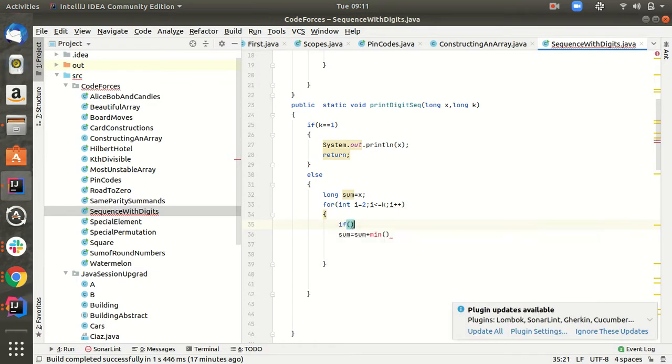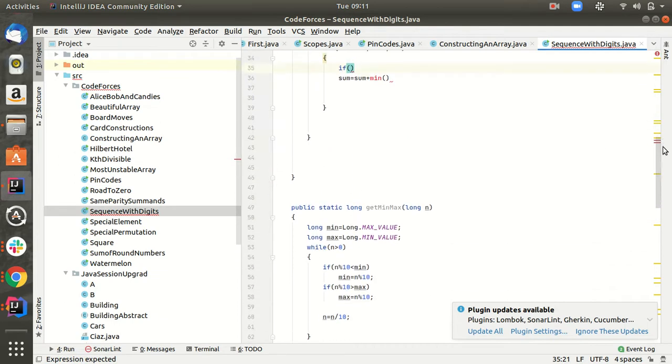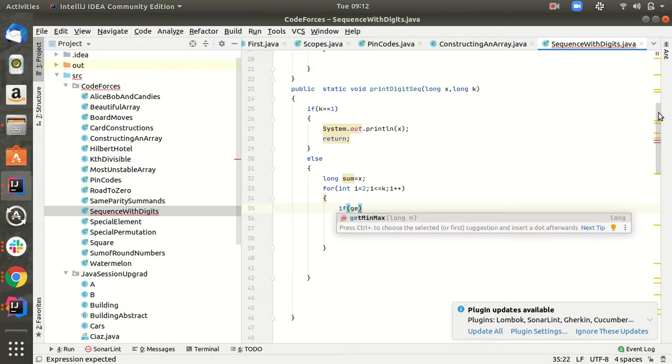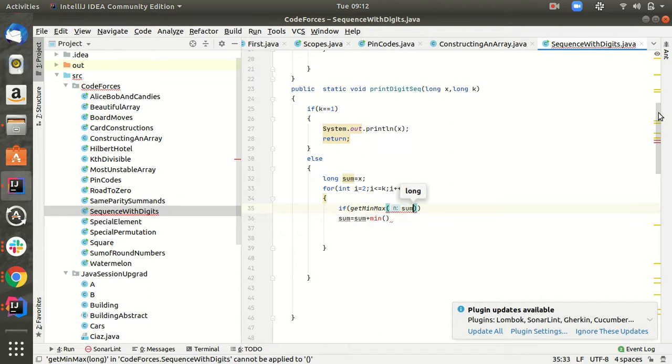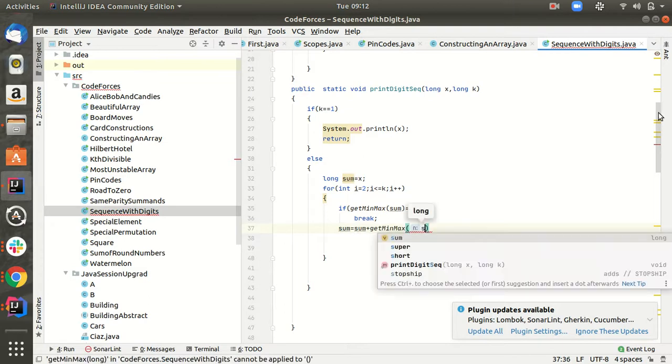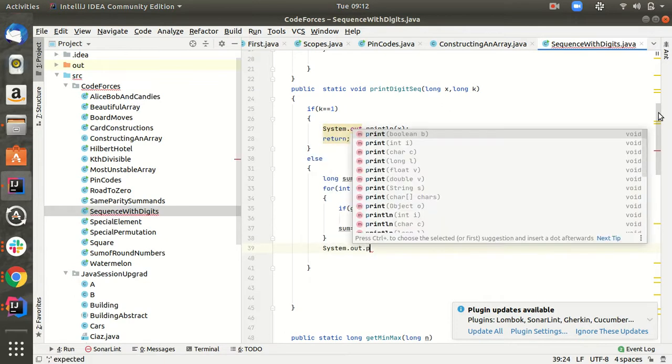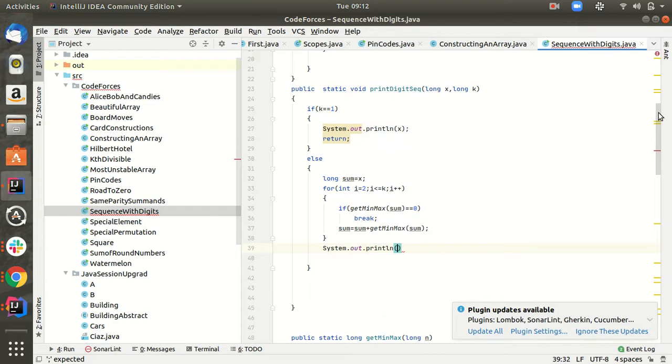So if getMinMax of sum is 0, then break, else sum plus equals getMinMax of sum. Then system.out.println(sum).